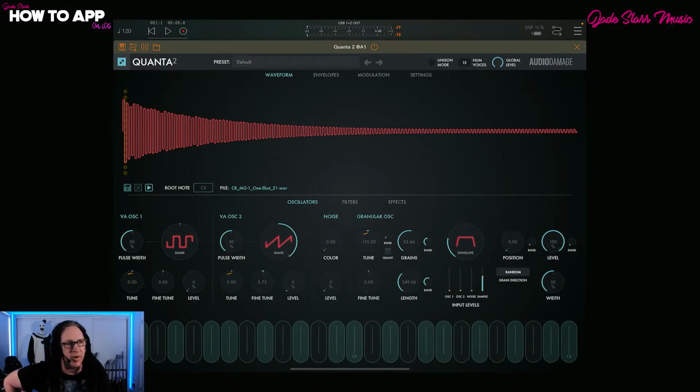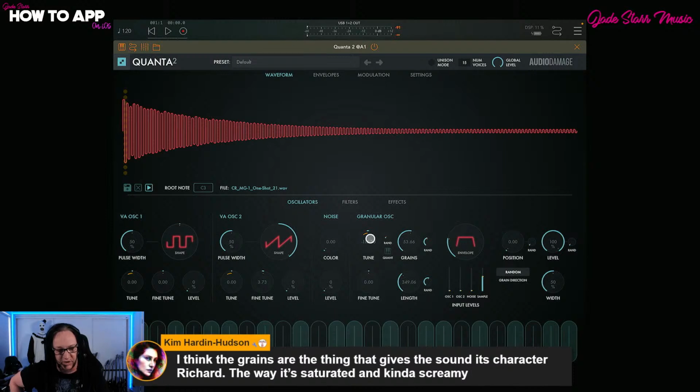So basically, Richard, when you play a note, this is the sample that's being played. Every time I hit a key, it's playing this here. What it does is it breaks up this sound into many little sounds, and they all kind of move around along here. You'll see a visual representation of it soon. It breaks up the sample into tiny little samples and they all kind of move around each other. So instead of just this,